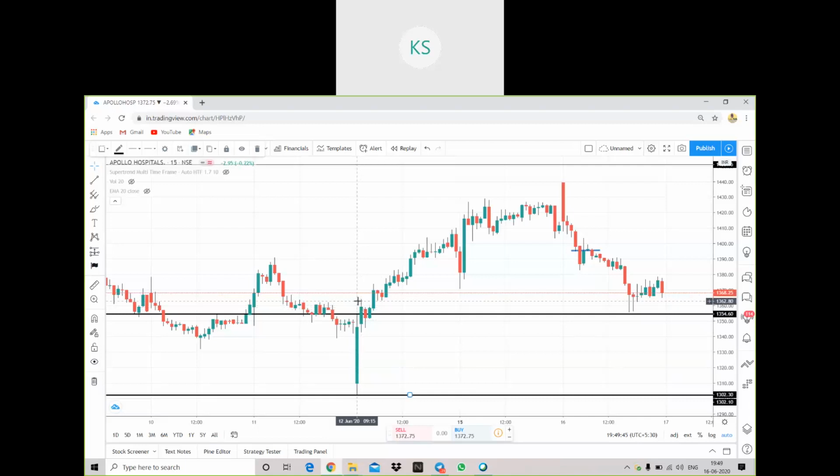So whenever the high of that candle is broken, I'll enter on the buy side. My SL could be 1% or half of this range. My first target will be 0.5%. The second target could be 1%, or you can trail it. But at 0.5%, you have to book some profit.